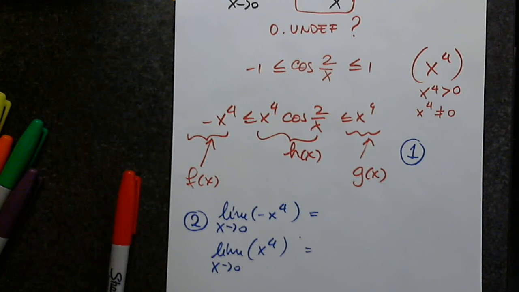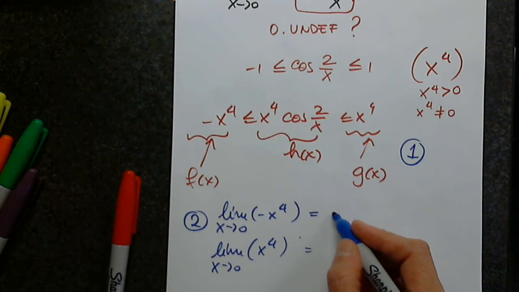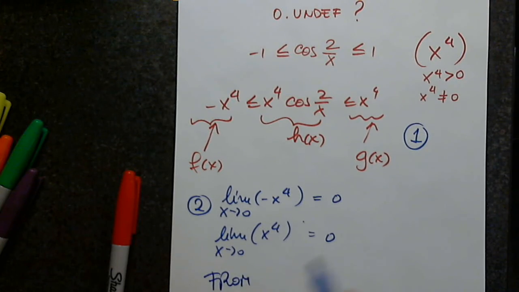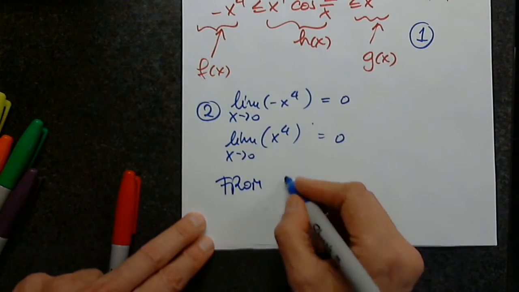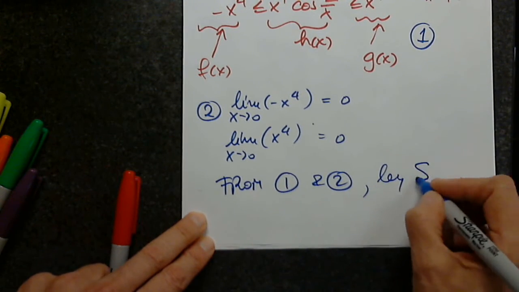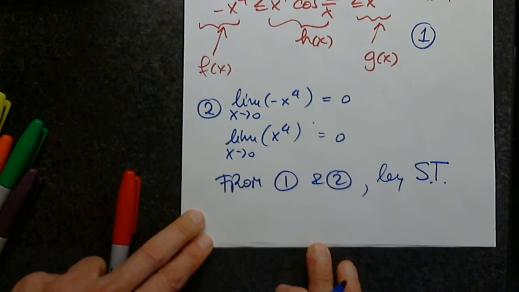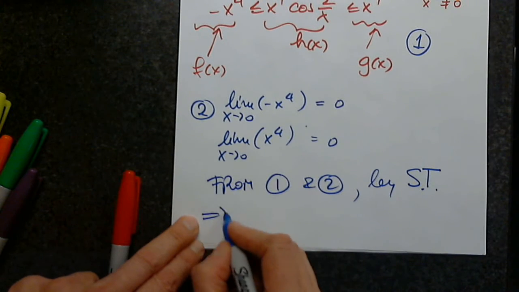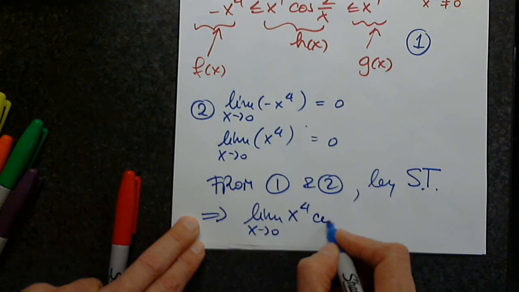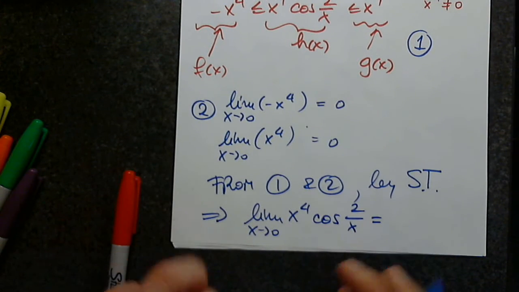How do I determine the limit of a polynomial? Good, so what do I get? So now from 1 and 2, by the squeeze theorem, I conclude that the limit as x approaches 0 of x to the fourth cosine of 2 over x must be,